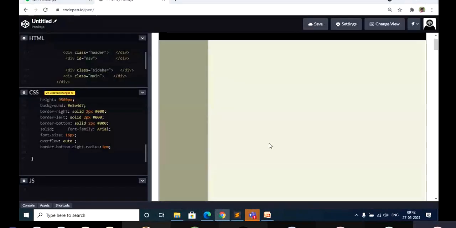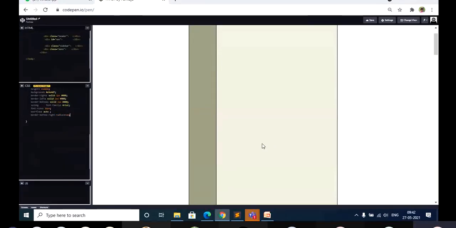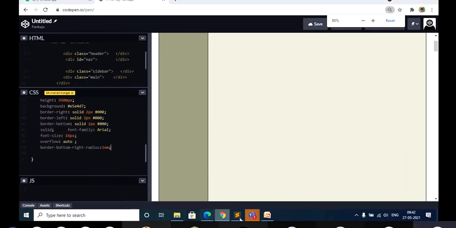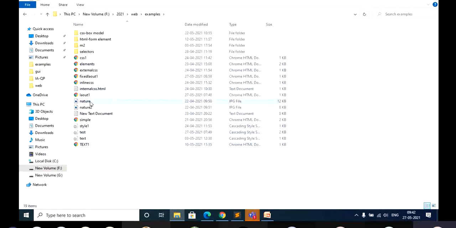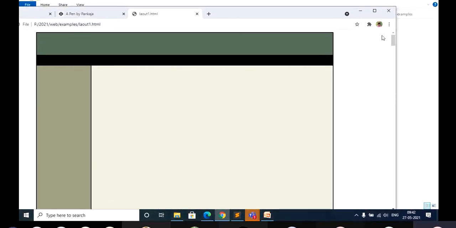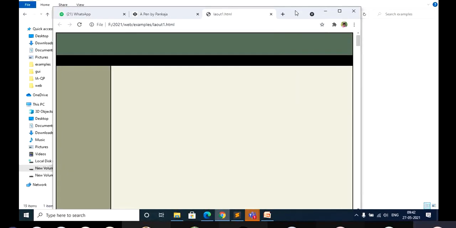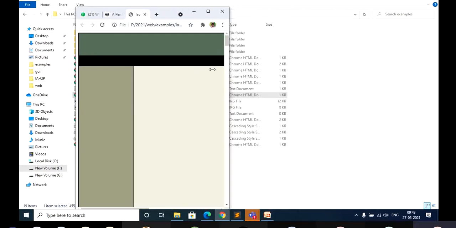I may not be able to show you clearly here. You can just see. I think it is better to open it in the browser. This is the code I have written to get this layout. Now, whatever the window size may be, this size is going to be fixed. Let me change the window size here. You can see it is not going to change. It is going to be fixed.